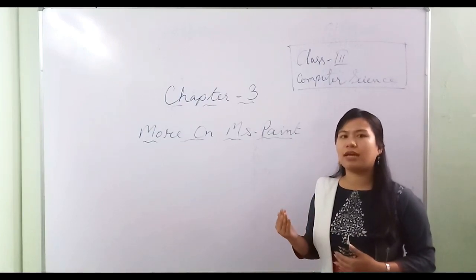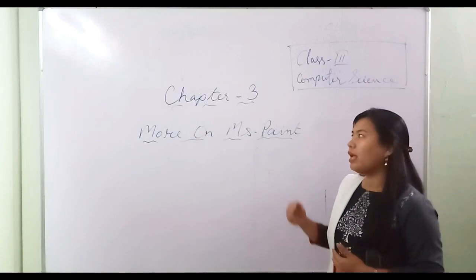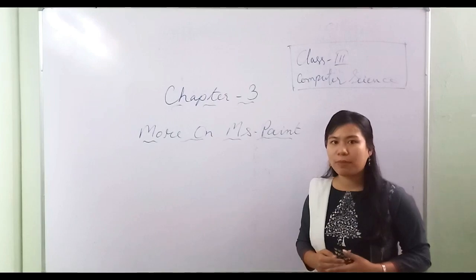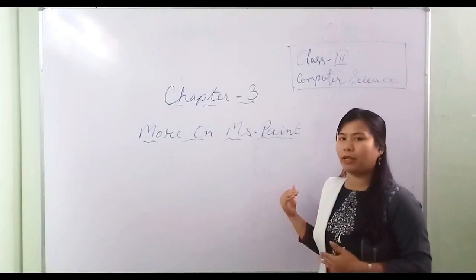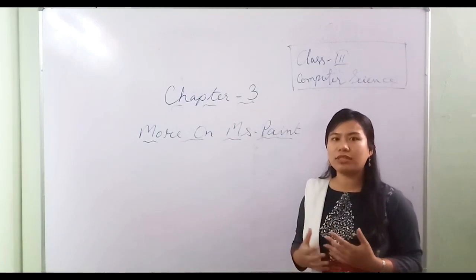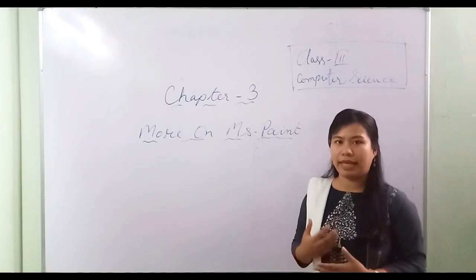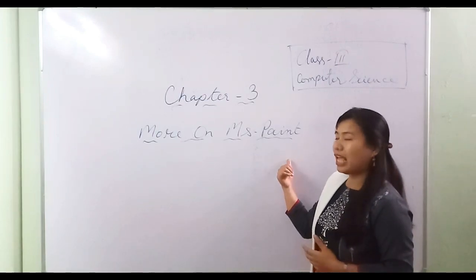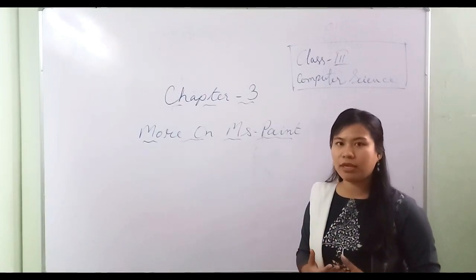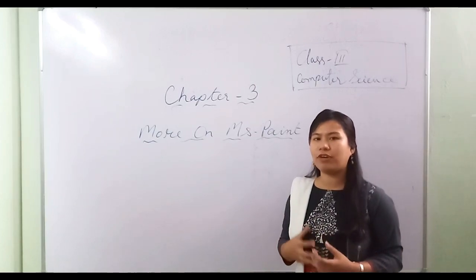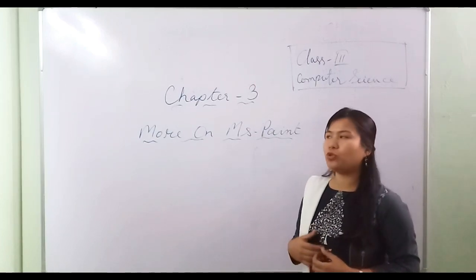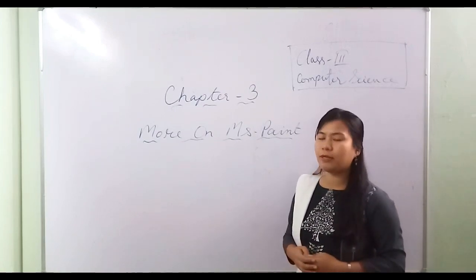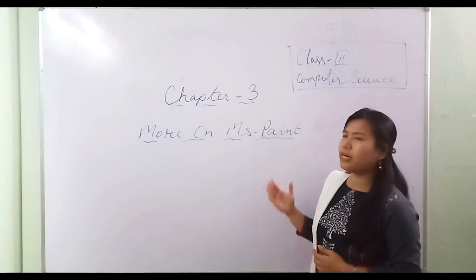In the previous class, in lesson 2 also, you already know that MS Paint is an application software. Application software helps us do different special tasks. It may be writing a letter or a poem in MS Word, and we can use MS Paint for painting, drawing, and also doing lots of fun with pictures. We can do lots of paintings by using MS Paint. So we are going to learn about MS Paint.